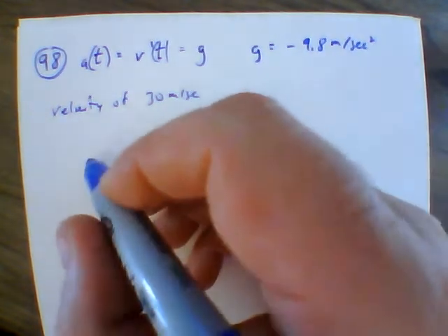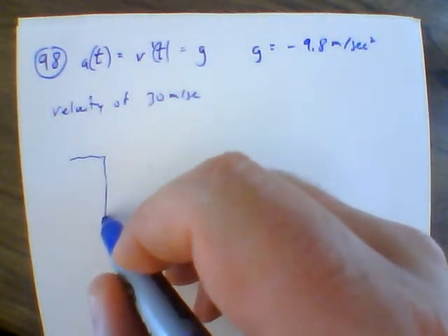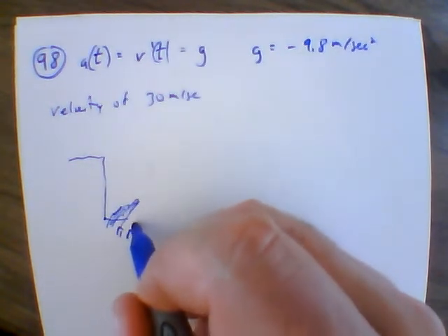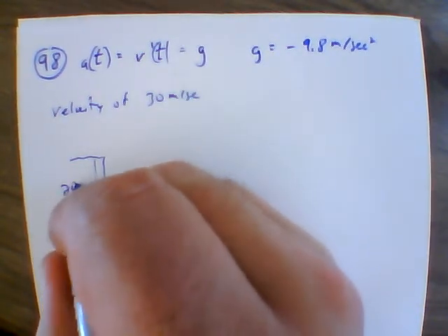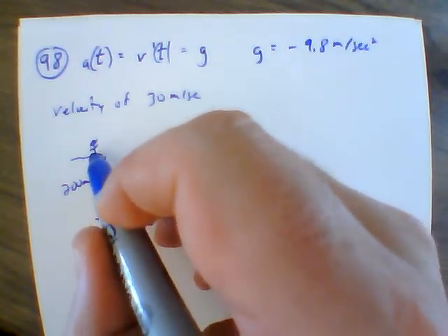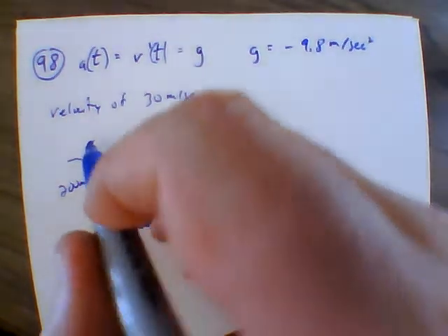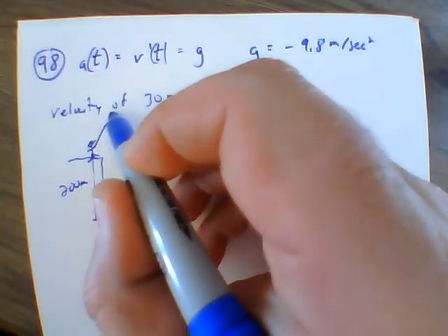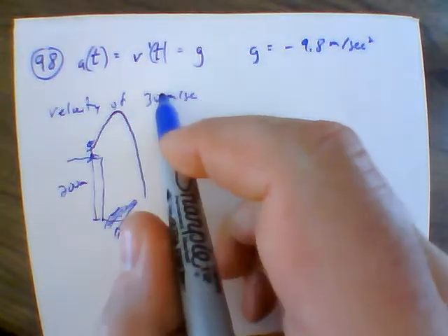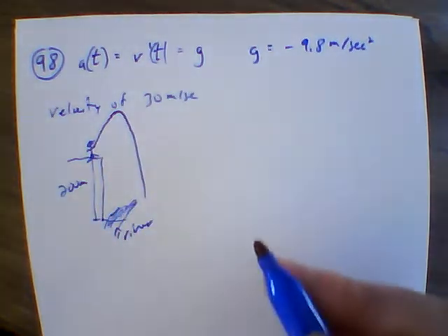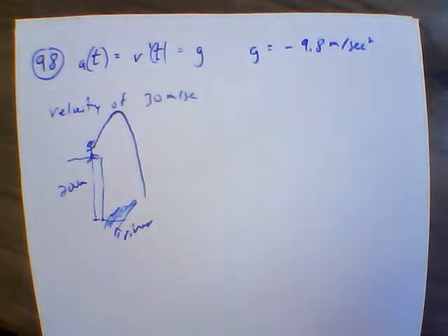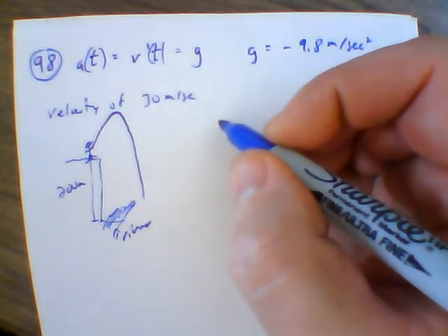Okay, so if we think about this, I'm just going to draw. So we got a cliff. Here we have our river down here. So this is our river. We talk about this as being 200 meters high, and you're up here. Perfect drawing of a stick figure, and you're going to throw this rock up. Okay, and we all know you're going to throw this rock up, also it's going to start coming back down in here. Okay, so you kick it in with this velocity right here. So it's asking us to figure out, well, what's going on with everything? What's happening here? Okay, so if we remember back,